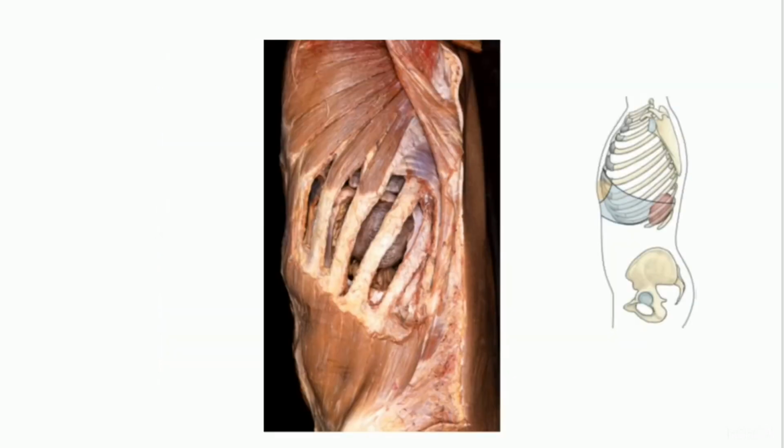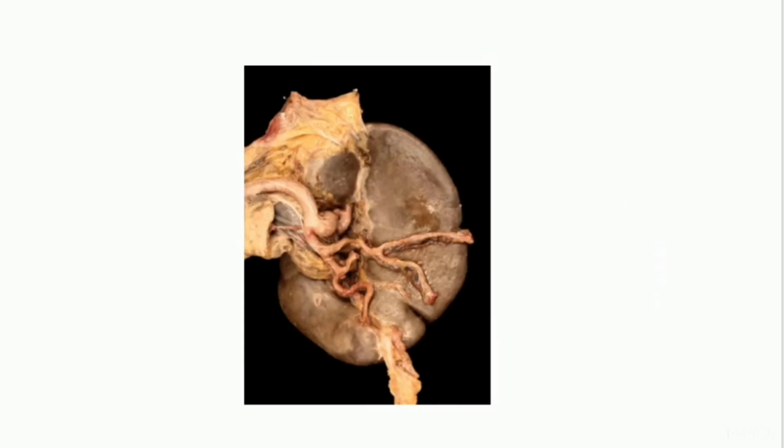Now in this picture you can appreciate these are the 9, 10 and 11 ribs and this is spleen. This is the corresponding picture of that. This is a schematic picture of this. This is a spleen in which this part is the gastrosplenic ligament. This is splenic artery and see here, this is the gastric impression. Hope it is clear. If there is any doubt, you are free to ask.